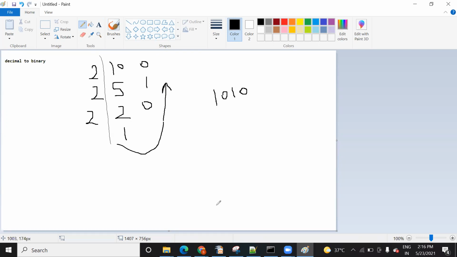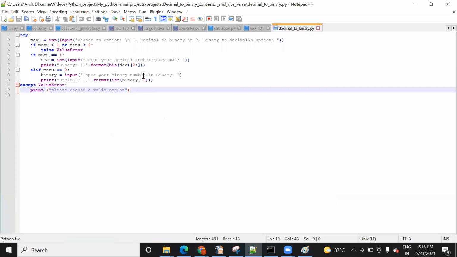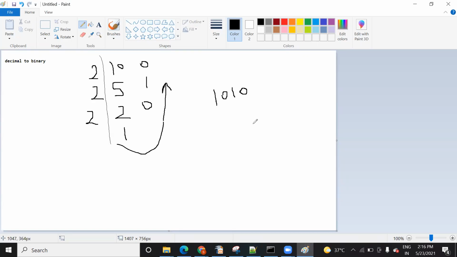So that is the reason we have used this 2 in the square bracket. And similarly, when you want to do the opposite operation, converting binary into decimal, what operation do you need to do? You need to multiply. So when you multiply by 2, you need to go in the reverse direction, and you need to use the power also. Here it will start from 0, then 1, then 2, then 3. Now 2 to the power 0 is 1, 1 into 0 is 0. 2 to the power 1 is 2, into 1 is 2, right?